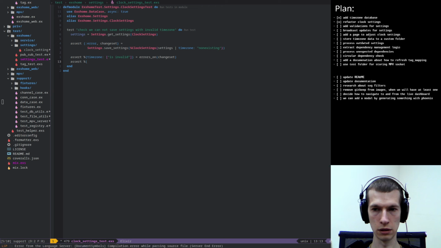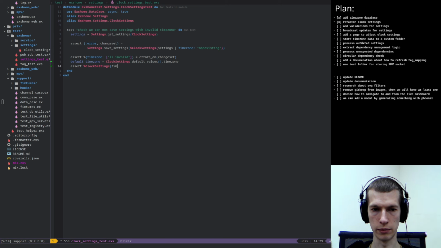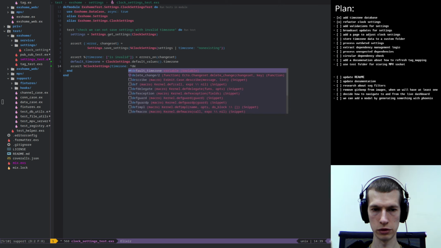Set clock settings. Wait, time zone. It will be clock settings, default values, and assert clock settings, time zone will be default time zone. Okay, equals